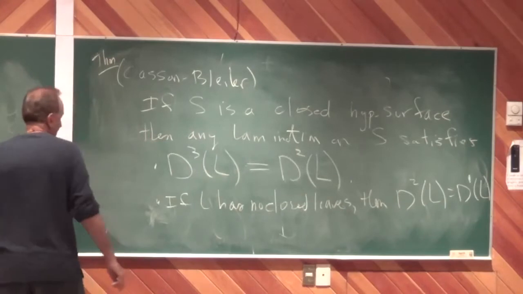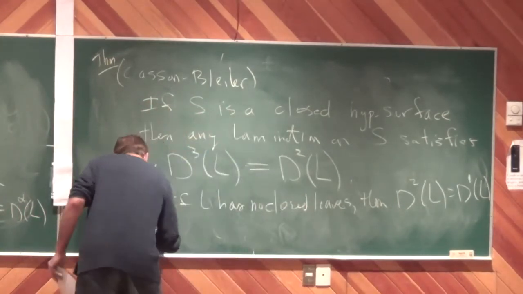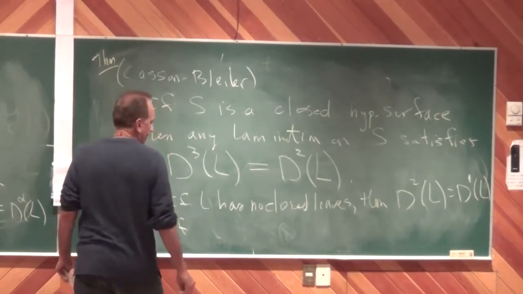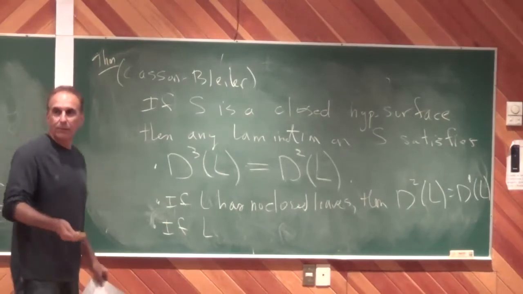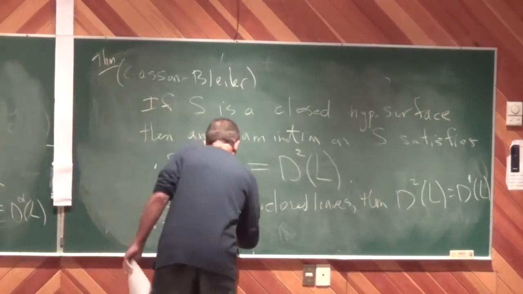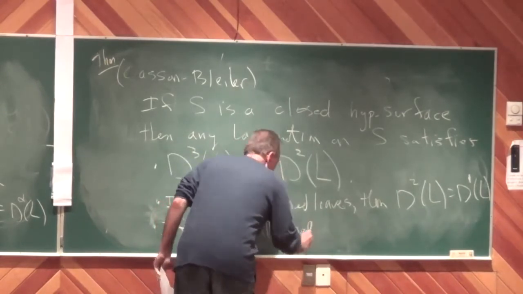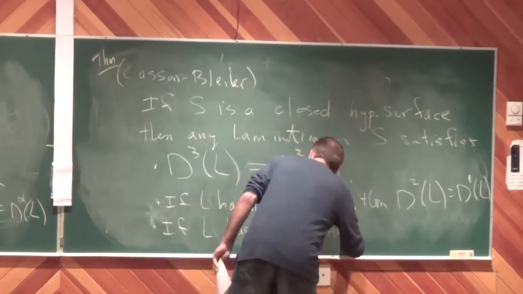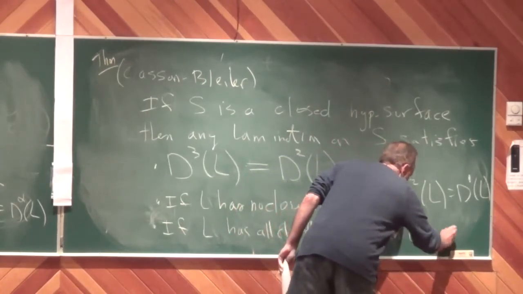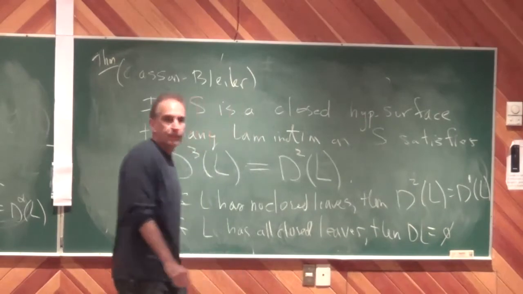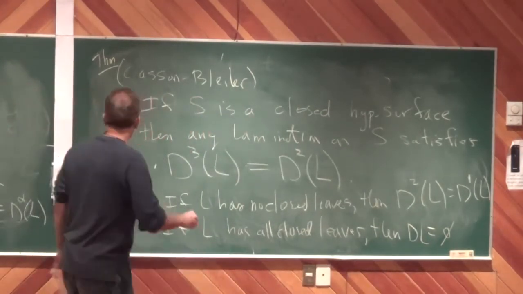And of course, if L is all closed leaves, then the derivative is empty. Everything's isolated. So, in particular,